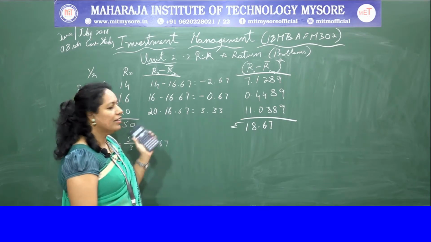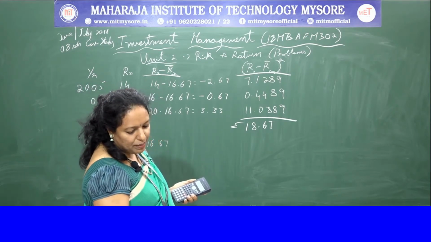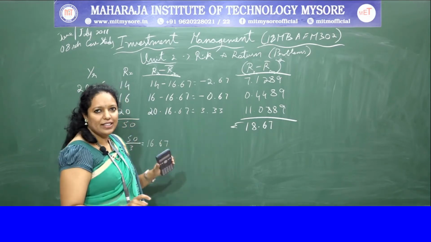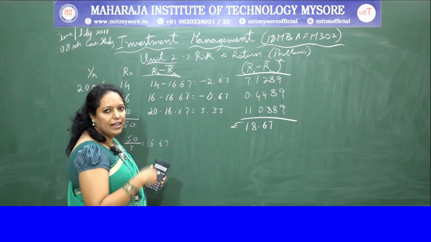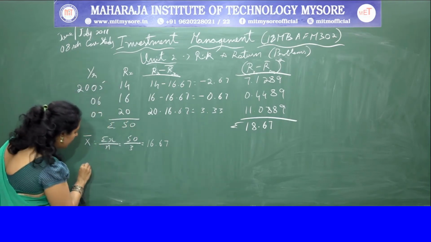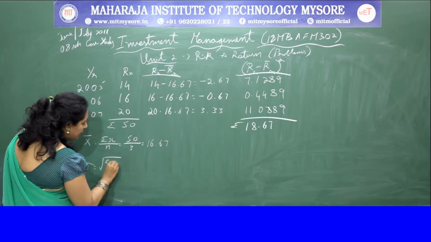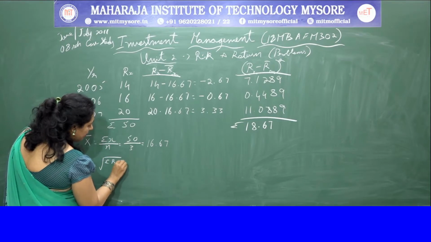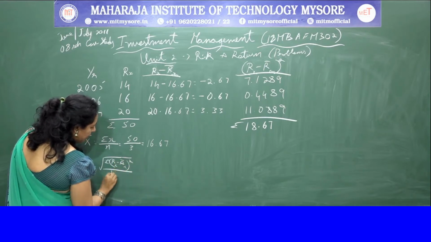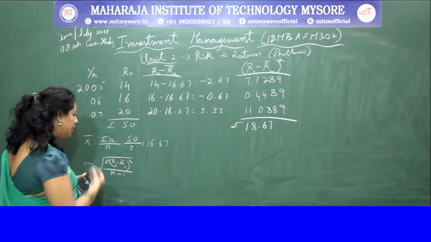This is the calculation of X. The first question they have asked is the expected return of the portfolio; for that we'll go to a later part. Now we have got the mean, so let's do the standard deviation here itself, and later on I'll sum up all the answers together. The formula for standard deviation is the root of sigma Rx minus Rx bar squared divided by n minus 1. For individual series problems, you use n minus 1 or n.